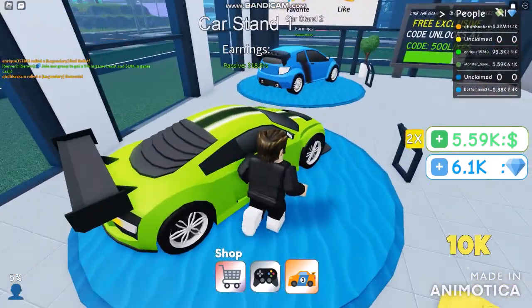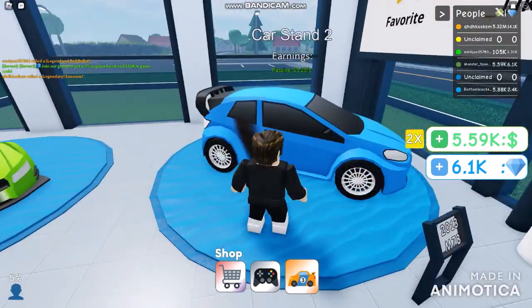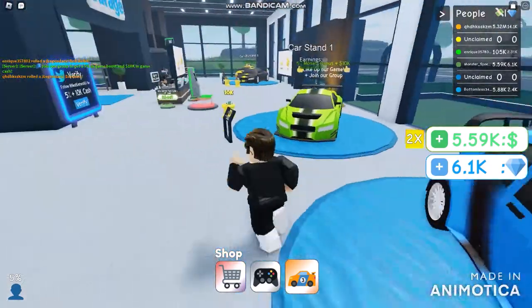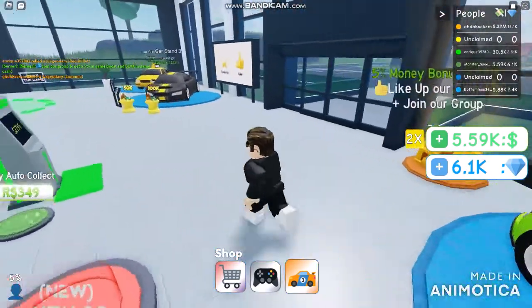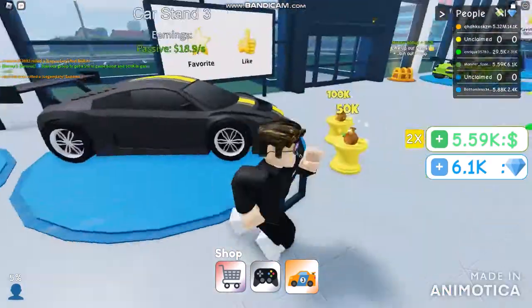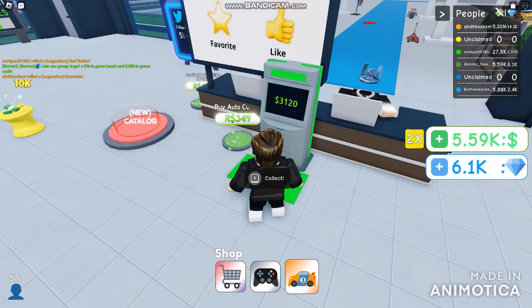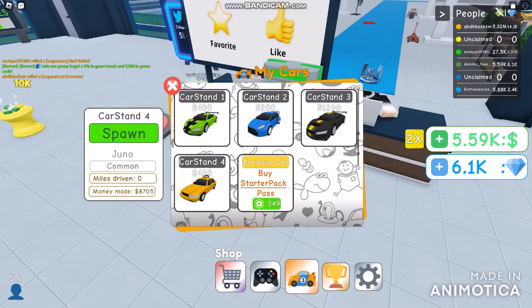In the car stand 3, the passive income was $18.9 as well. That's the same race car as this one. And another one was $5.25, not the same ones as well, same as the car stand number 1. So looks like we're going to need a lot of money to get up here, as we continue to get driving as well. As you can see, it was 87, and I think it's